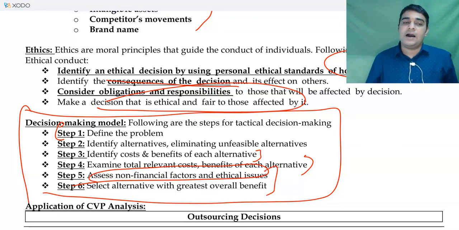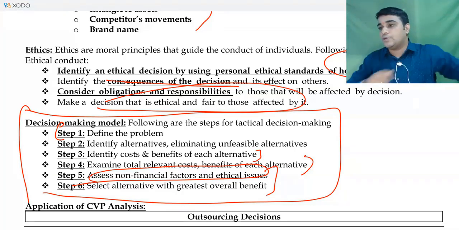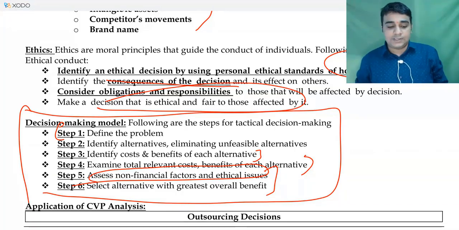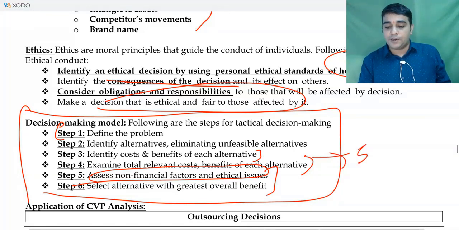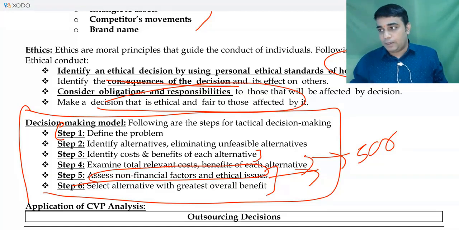In step 6, the issue is you cannot give any conclusion. It's not in your hand to give a conclusion because you don't know what is the weightage. So step 4, profit is 5 crore. Step 5 has an issue, you cannot put a number to this, saying that the issue amounts to 10 crore rupees or 15 crore rupees. For Tata's, even a small issue could be worth a bigger issue. For some other company, it may not be a bigger issue.